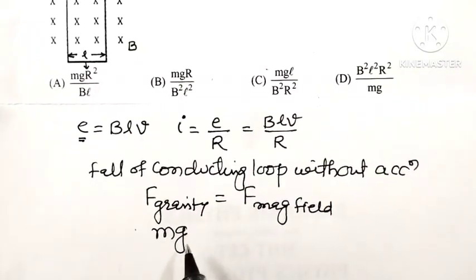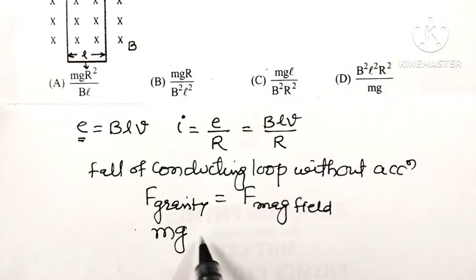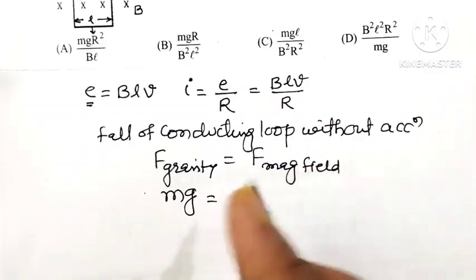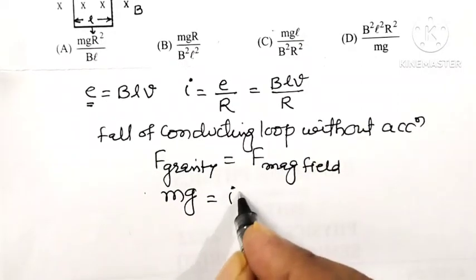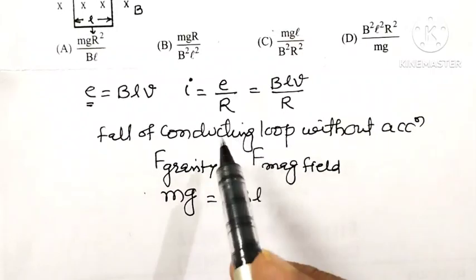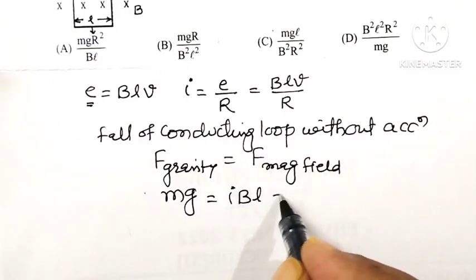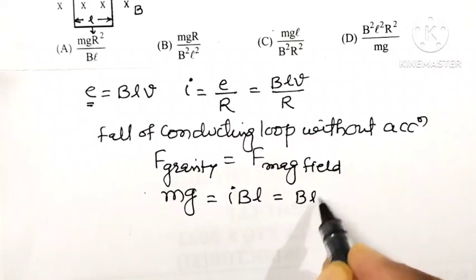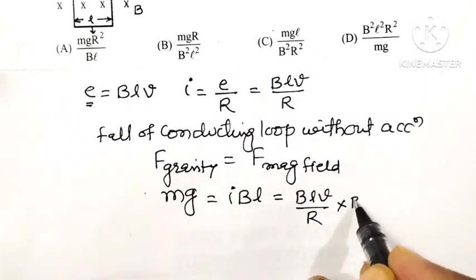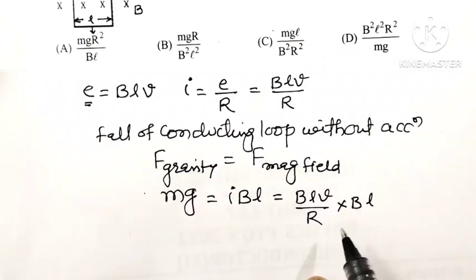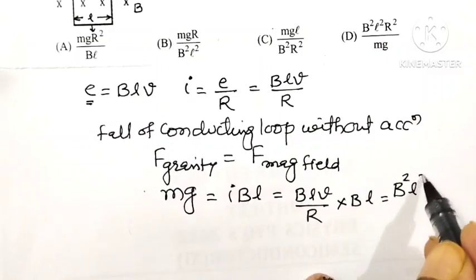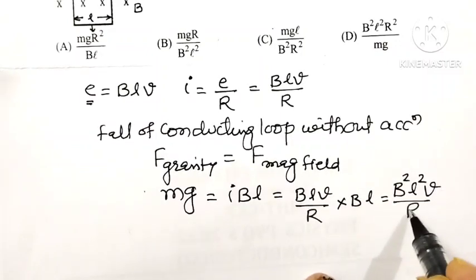Then the force due to gravity, which is the weight, is mg, and that is equal to the force acting on the conducting loop due to the magnetic field. It is IBL. This is the force acting due to the magnetic field. But we know the value of current I is BLV divided by R. So it is BLV divided by R multiplied by B into L,